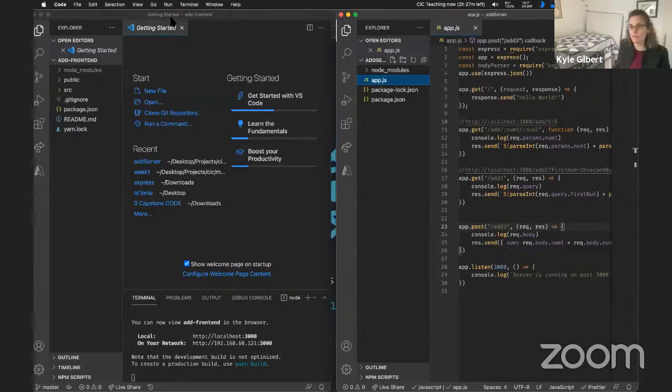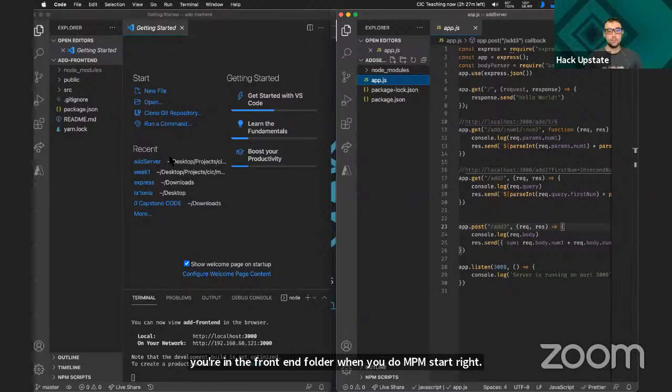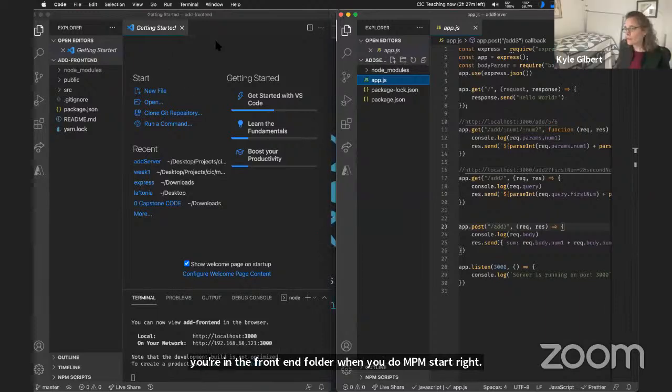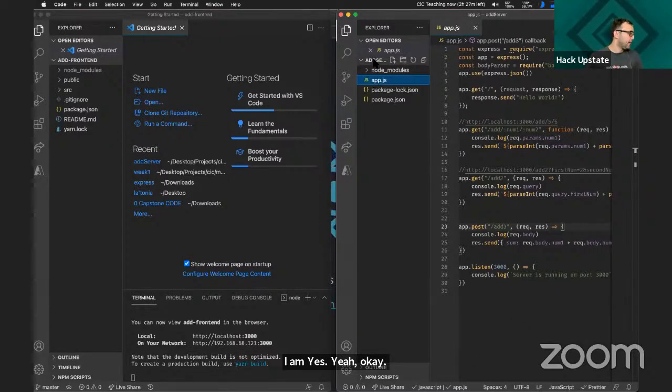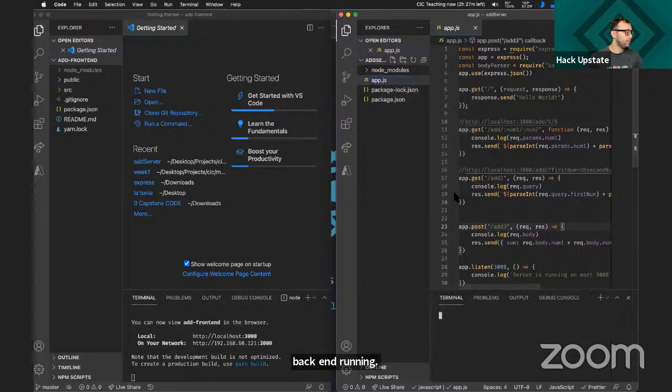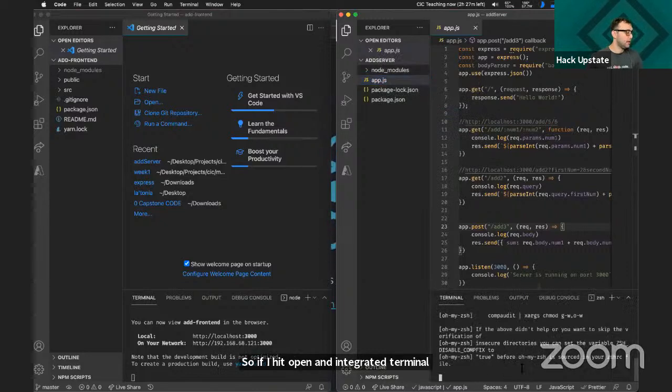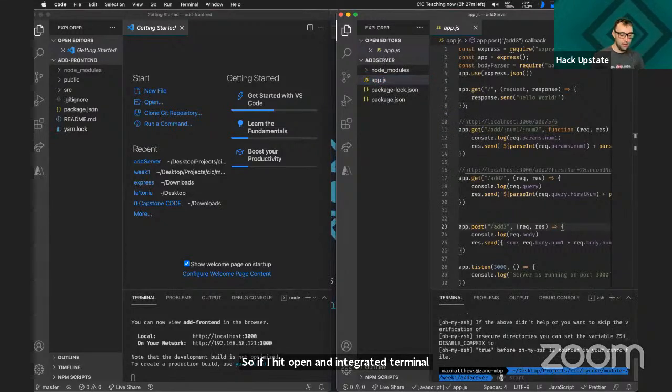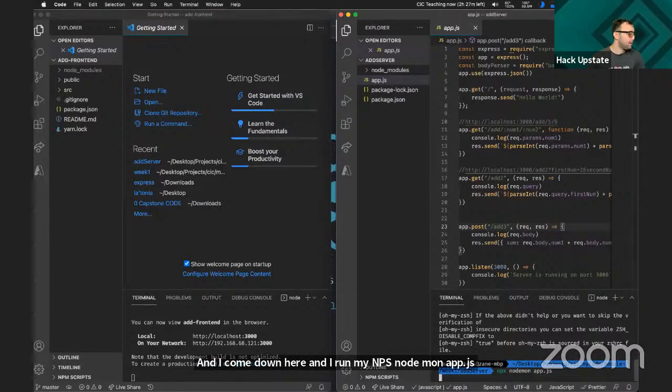So you're in the add front end folder when you do npm start, right? I am, yes. Okay. And just for good measure, we should also have our backend running. So if I open an integrated terminal and I come down here and run npx nodemon app.js, if I run that,